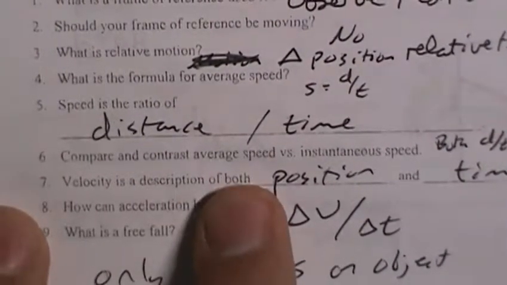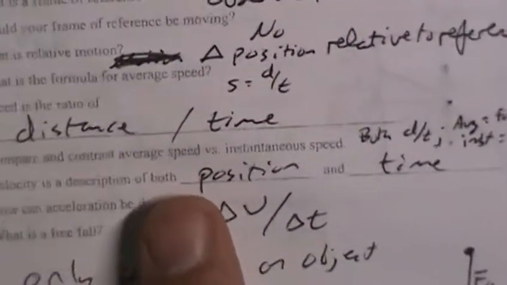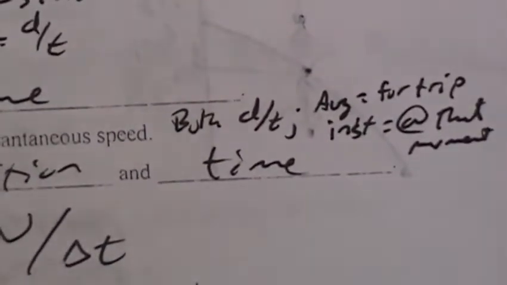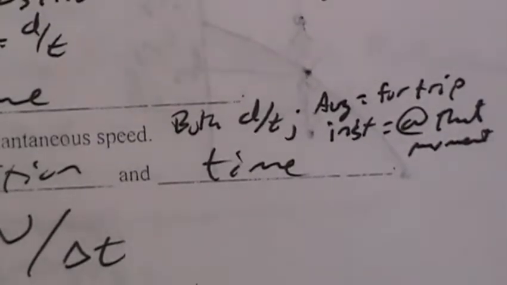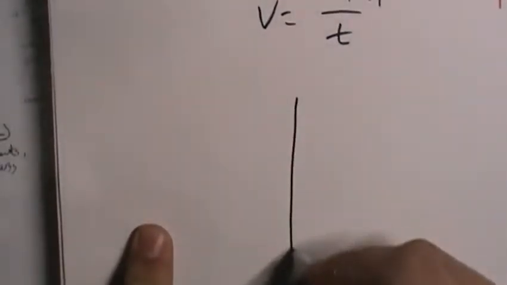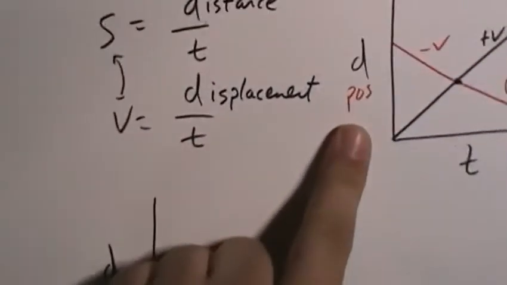So speed also comes in two different flavors. There's the average speed versus the instantaneous speed. Now you can read this that I scanned in there. In case you couldn't see it, I just zoomed in on it. But I'm also going to show you what that means graphically. Zoom out there. So if I sketch another one of these d-t graphs, distance versus time, which we're treating as position versus time,